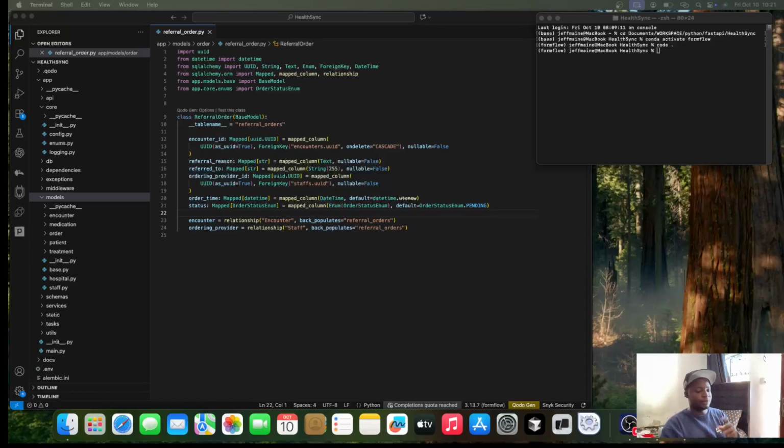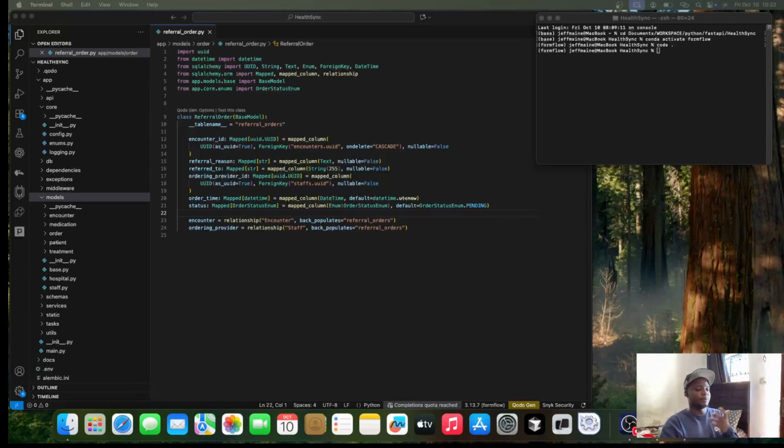Today I want to take you inside one of the most exciting backend projects I'm currently building. It is called HealthSync. This is not just a project, it is a full-scale enterprise grade system that combines advanced backend engineering with real-world healthcare use cases. Now, the core mission and vision of the project is